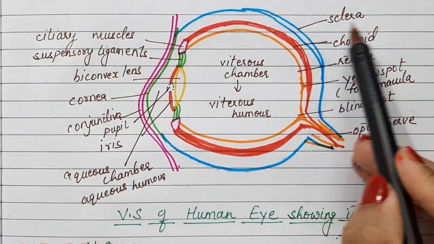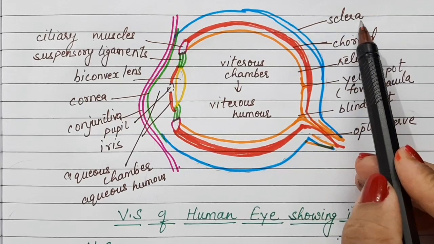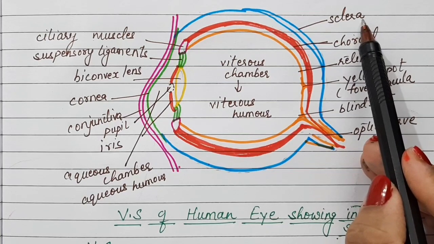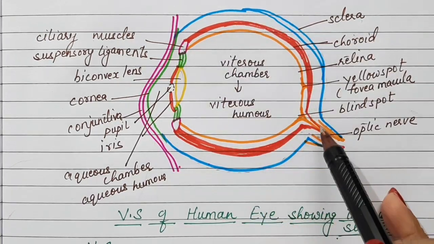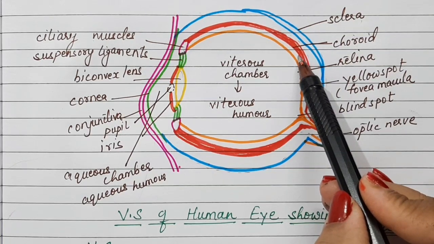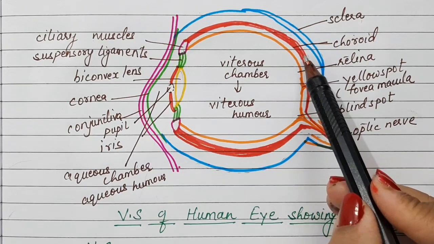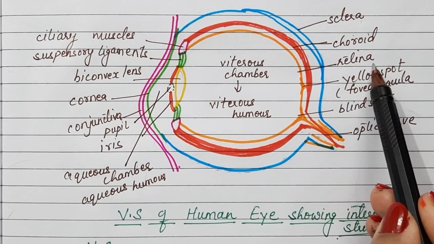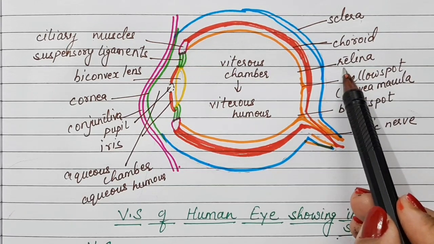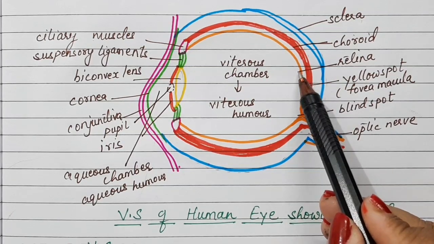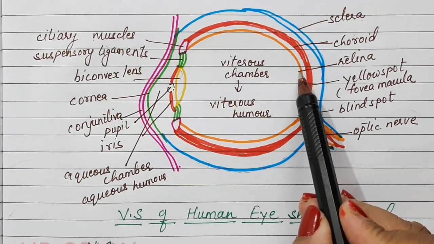The sclera is the white of the eye. It helps in protecting the inner parts of the eye. It is quite tough and it helps in giving shape to the eye also. Now, as I said, choroid is the middle layer and it is highly vascular. It is made up of blood vessels, and these blood vessels help in nourishment and also providing oxygen to the eye. And the photosensitive layer is the retina. The photosensitive layer comprises those cells which perceive the light, the photoreceptors, rods and cones, and it helps in formation of the image.